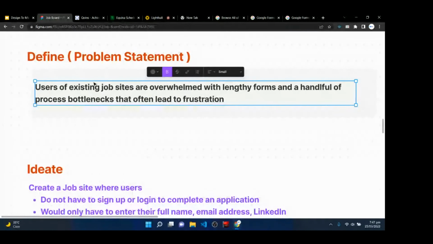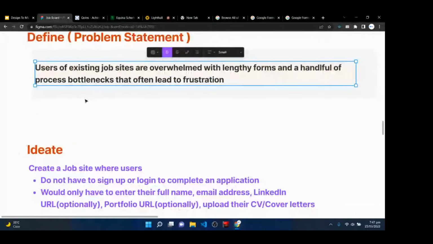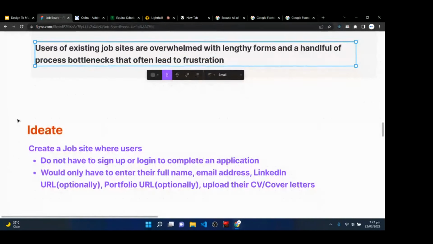Now, in your case, you may have two or three other UX designers there, and you can actually hold a brainstorming session. You can dig in deeper to find out more innovative ways to solve the problems in the problem statement. Now, after the ideate stage,